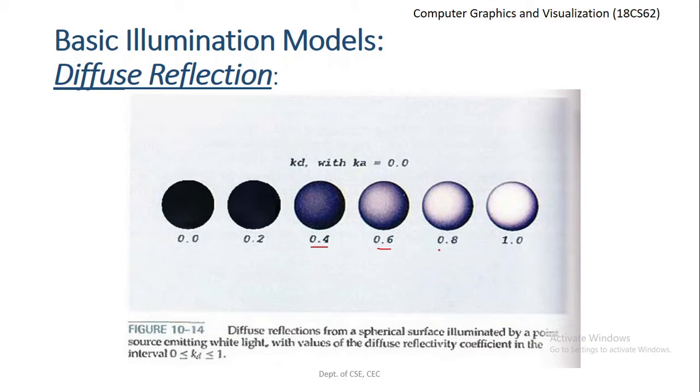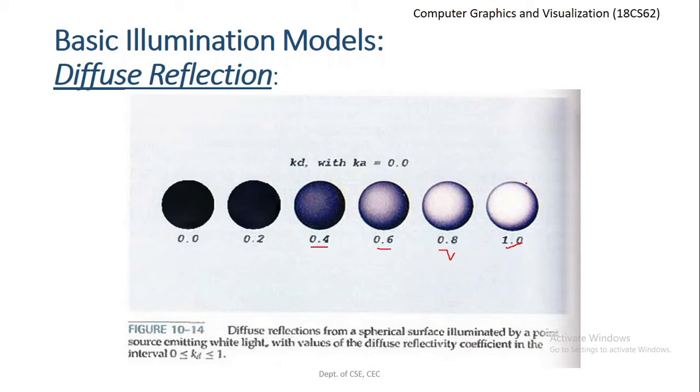We further increase it to 0.8, the sphere becomes brighter, right? The sphere appears brighter here, and ultimately we set it to the maximum value of 1. So kd will be set to 1. We get a white sphere with a dark grayish ambient lighting because the value of ka